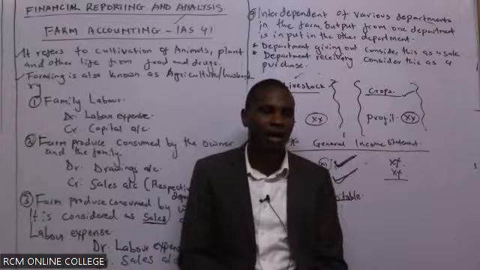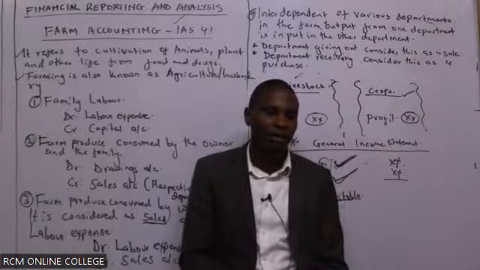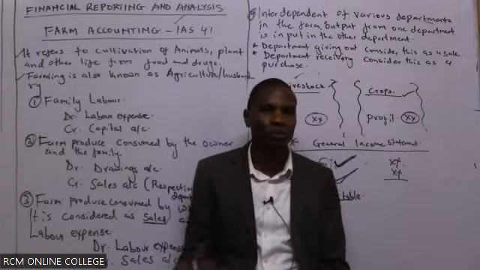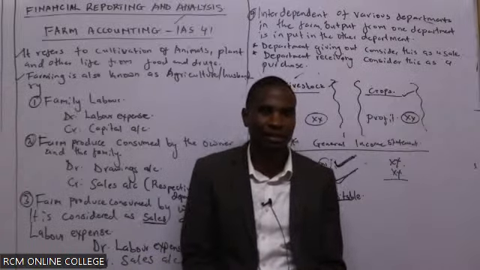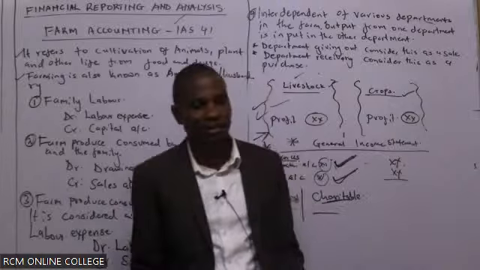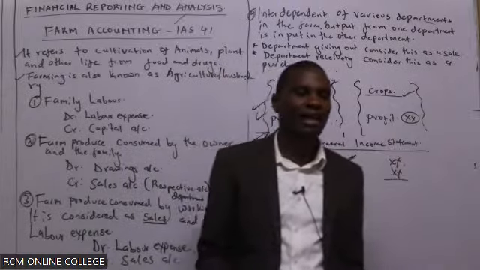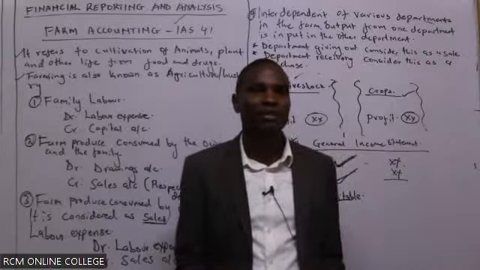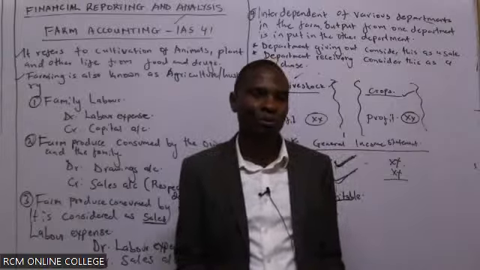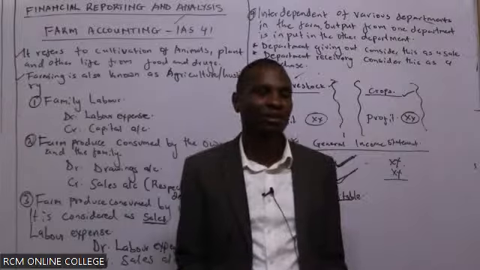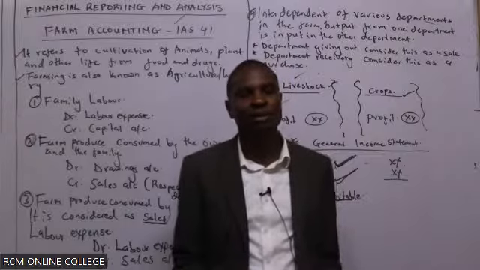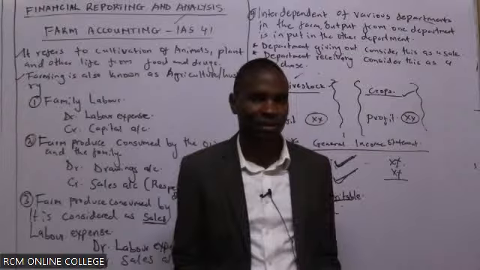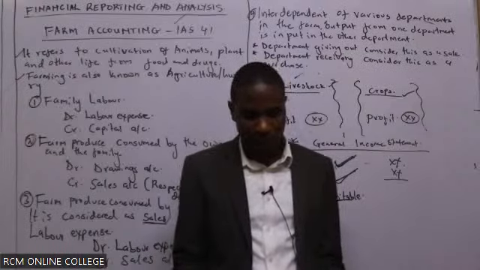We cannot forget that the cart is being driven by an animal, so it's a biological asset. That is very important. The standard allows us to recognize that as an asset. So if we are given depreciation of the cart, we compute depreciation, then find the net book value when preparing the balance sheet or the statement of financial position.